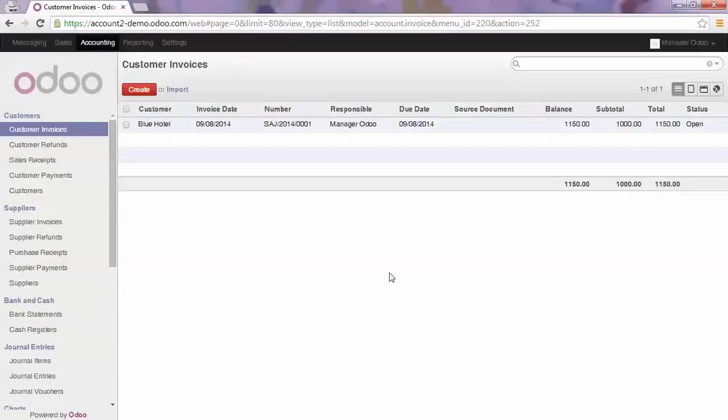The second option is that you create a miscellaneous entry all by yourself. We have here a customer invoice. Now let's also create a supplier invoice, and the example of a miscellaneous entry I'm going to show you, which